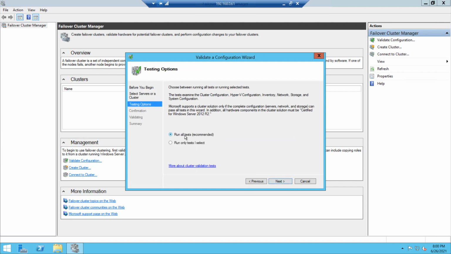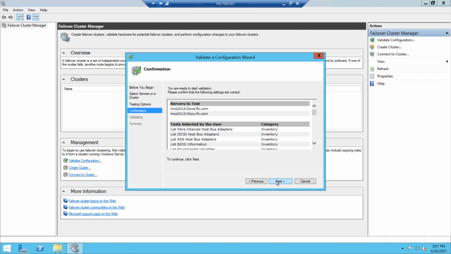Click next. This is the first time we are configuring our cluster, so we can run all tests. If you already have a cluster established and it is in production, you need to select and run only the tests you need, because we'll show you live what happens when you run all tests.